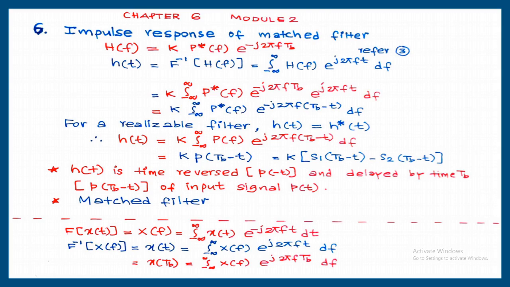So once you know input and impulse response, actually we are able to determine output signal also. Because output signal is the convolution between input signal and impulse response. So just by knowing the input signal, we are able to determine the output of matched filter. Because from input signal, impulse response can be determined. Then convolution between input signal and impulse response, we are able to get the output. So I think this is clear why it is called matched filter. There is a matching, a correlation, a relationship between input signal and impulse response of the filter. That is why the filter is called matched filter.